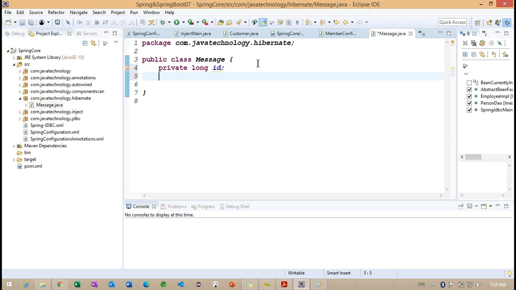I want to provide the ID of this message and the text. Observe carefully, we have an ID and we have text here.